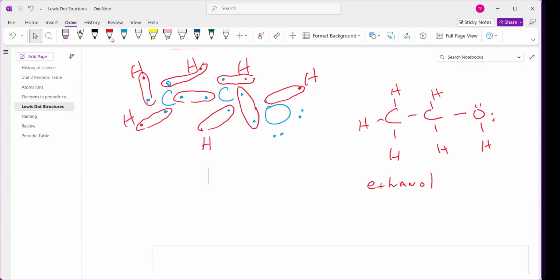Yes. Understand the point he's trying to make is, do you have to draw the pairs every single time? The pairs should not be dropped. Make sure you include them, because they make up part of the chemistry of the molecule. So, good question. Okay, so let's put the carbons